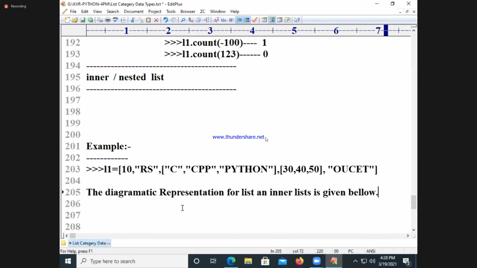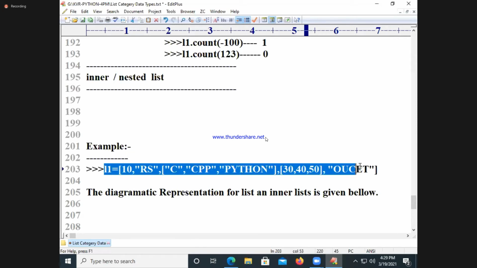How is the diagrammatic representation taken up for this? I just want to take up one diagram. Wherever the inner list concept is coming, you try to take care about this.